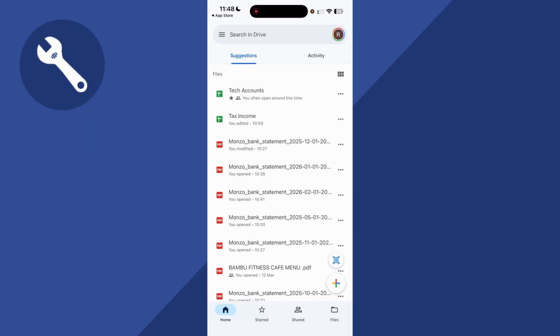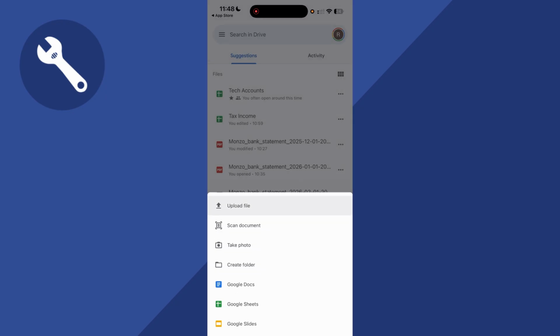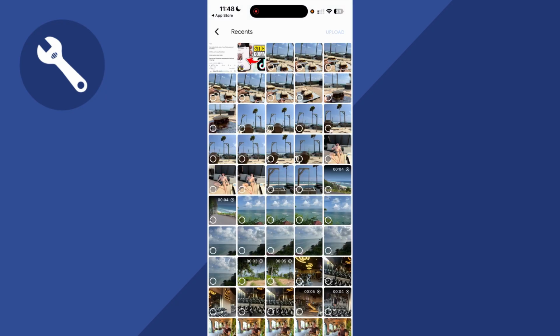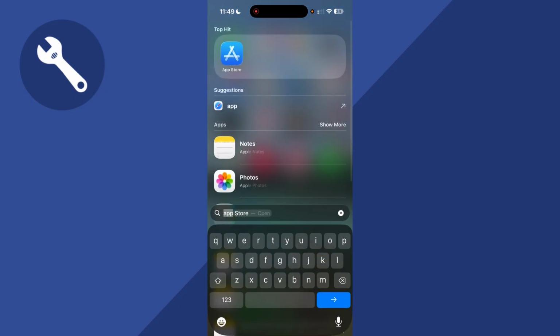Now make sure you're signed in to the correct Google account and then click on the plus icon in the bottom right hand side. You can then press upload file, click on photos and videos, and then just go and select the photo you want to send in Gmail. Now press upload. Click on upload once again, and once it's finished uploading, you can go and open up the